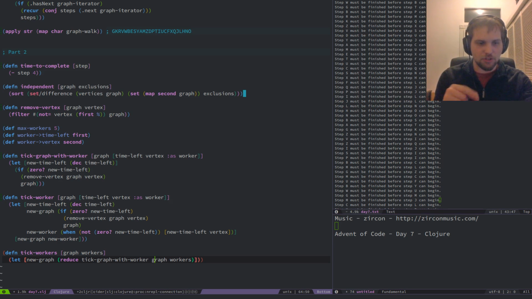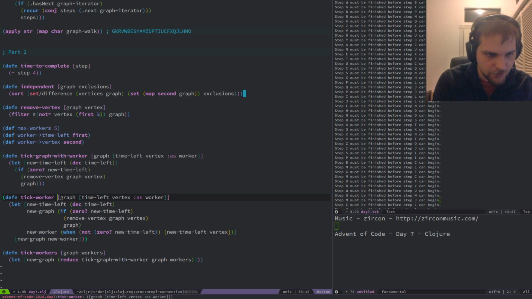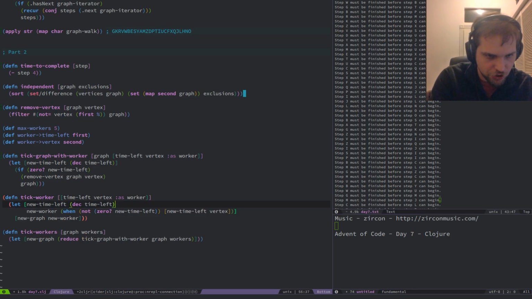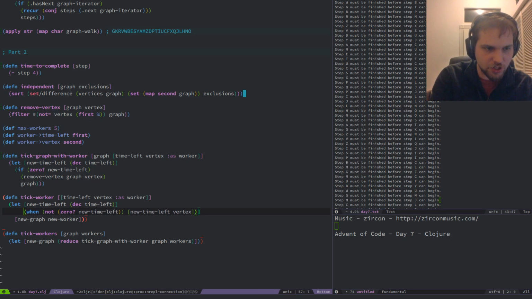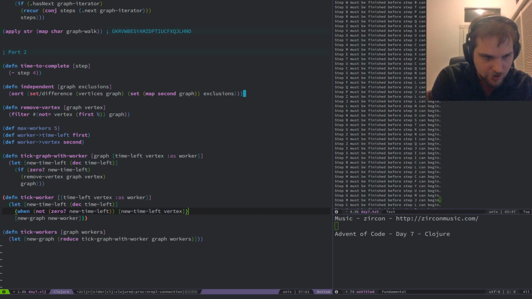So this will just update the graphs only. Ticking a worker is going to go ahead and just return the new worker. This is a better separation of concerns, I think. There's some duplication, but honestly, it's just such a small thing that I'm not even worried about it in the slightest.